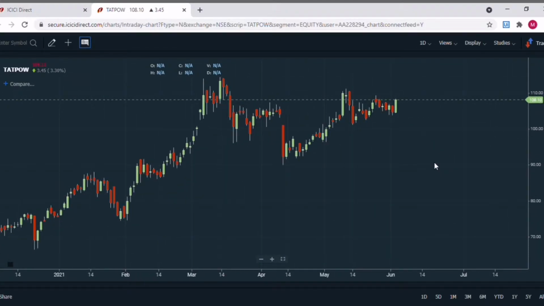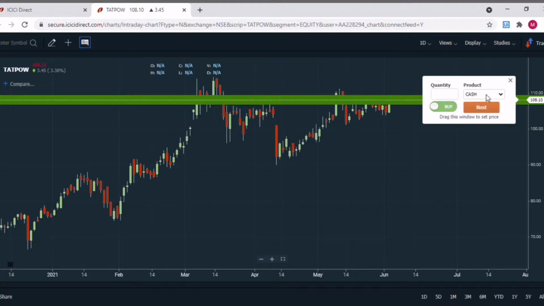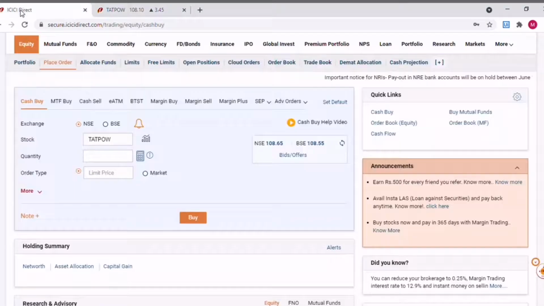And also if you notice something, there is a trade option in the right corner. If you click on this, as you can see, you're able to place the trade directly from this screen as well. You just need to select the product under which you are going to place the order. Then you just need to say buy and click on next and enter the quantity. So you are also able to place the order from this screen, but in today's video we are not going to see that. We'll be placing the order from here itself.